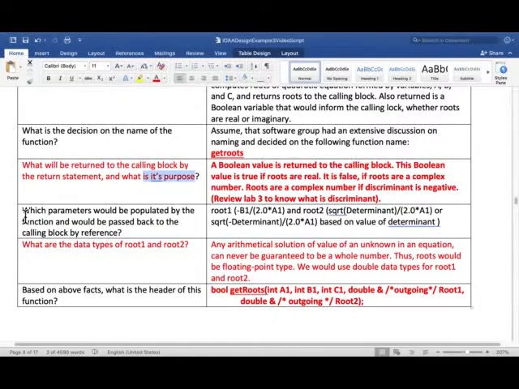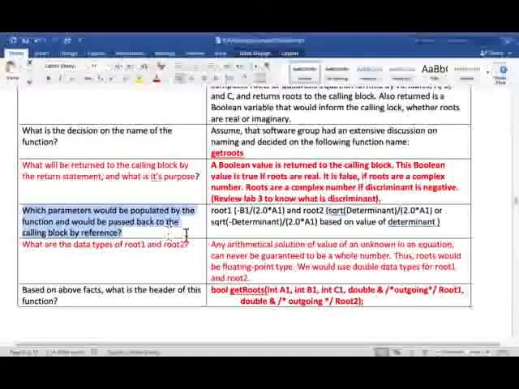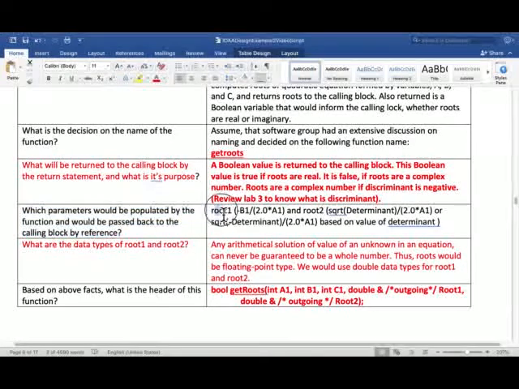Which parameters would be populated by the function and passed back to the calling block by reference? We have 2 of them, root 1 and root 2. When the discriminant is 0, root 1 and root 2 are the same, this value. No actually, yeah, when the discriminant is 0, only this is returned and this will be 0. When the discriminant is greater than 0,